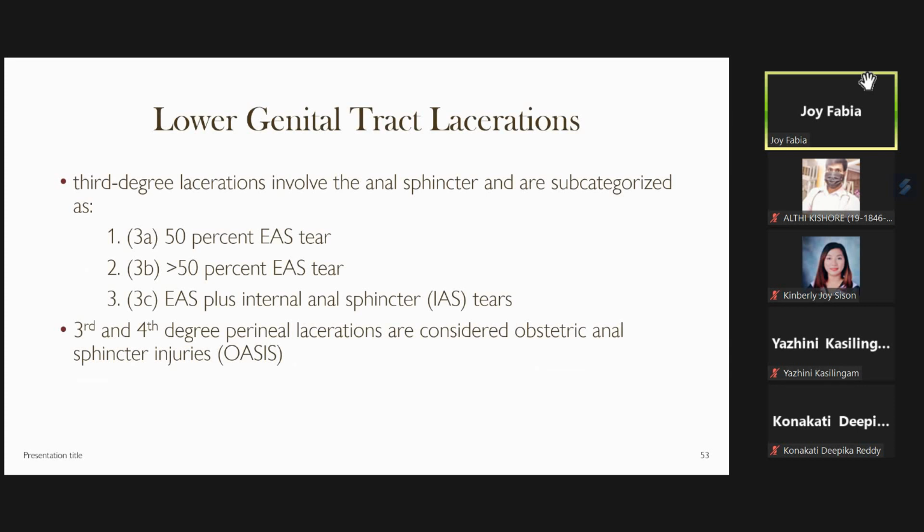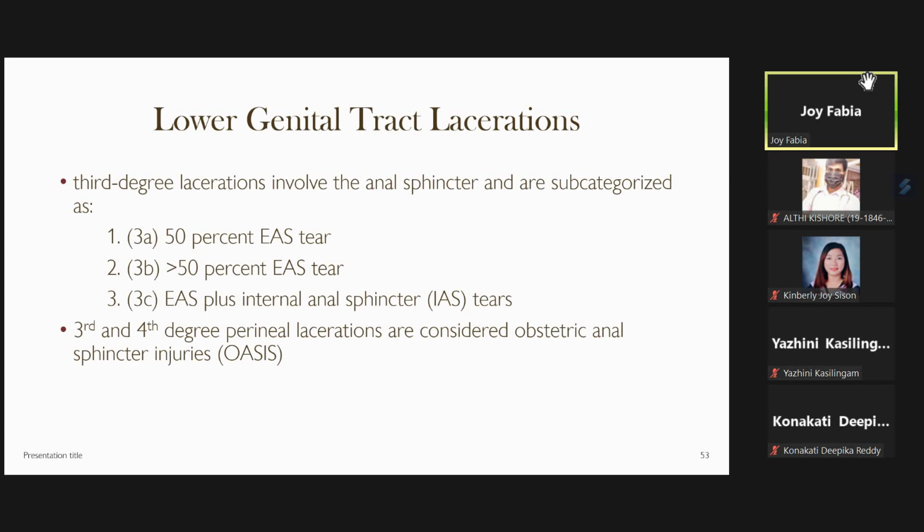For the lower genital tract lacerations, we have the first degree, second degree, third degree, and the fourth degree. The third degree laceration involves the anal sphincter and is subcategorized as 3A, 3B, and 3C. For the 3A, there is a less than 50% external anal sphincter tear. For 3B, more than 50%. And for the 3C, the external plus the internal anal sphincter is